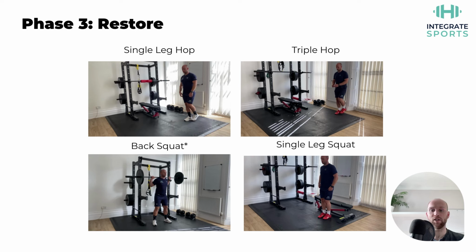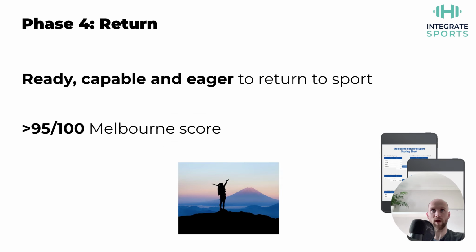So once you've got a foundation of strength built in phase 2, we can then progress into more plyometric focused work in phase 3, where we can introduce plyometrics and sprinting work as well. Phase 4 then finally is where we're preparing for a return to sport. So we have achieved full extension, we've achieved quadricep activation, we've achieved capacity, we've achieved the strength scores, we've achieved control and explosive power on a single leg.